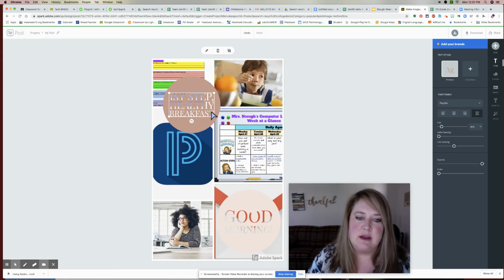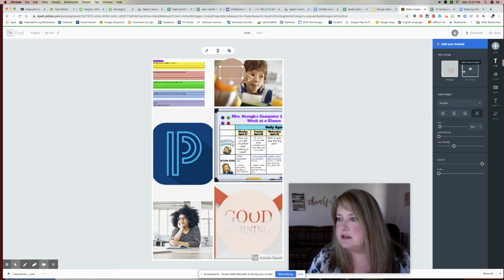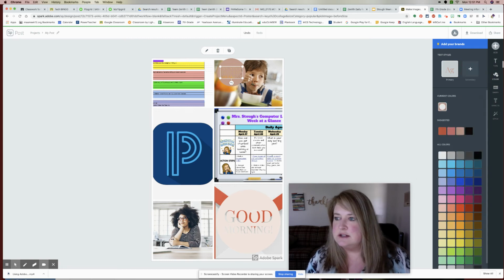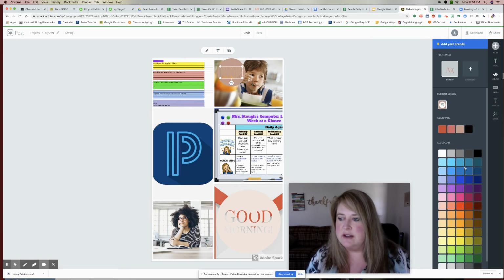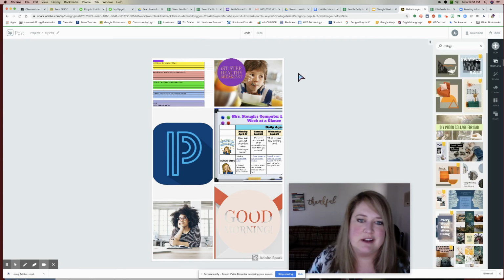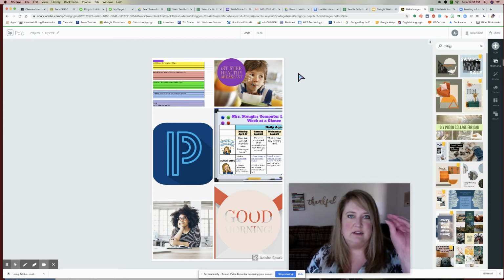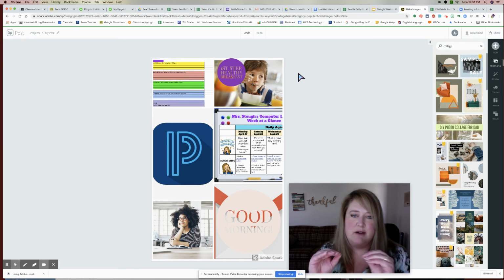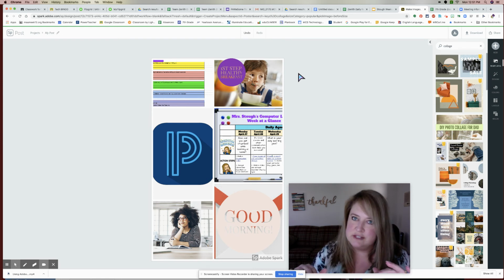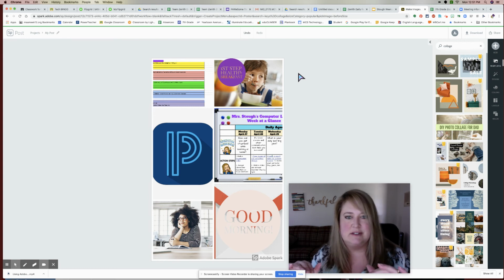So wherever that might be, I can resize this by grabbing it. I can grab it and put it where I want it to go. I don't like that color because it's difficult. So you're going to go over to the color over here and pick something that will stand out and pop so that you can actually read it. You should have 6 or more pictures. You can organize them however you want to, but make sure you also label them. Once you're finished with your entire collage, with all of what your daily plan is of what makes you successful,